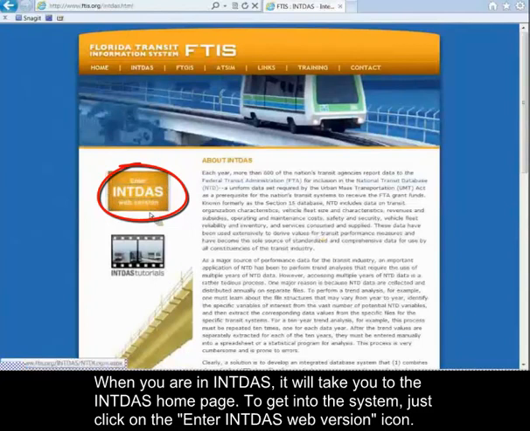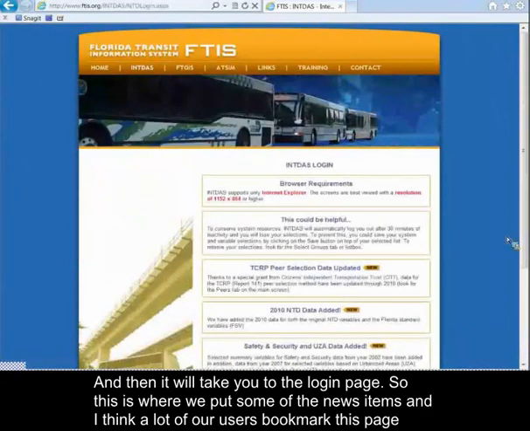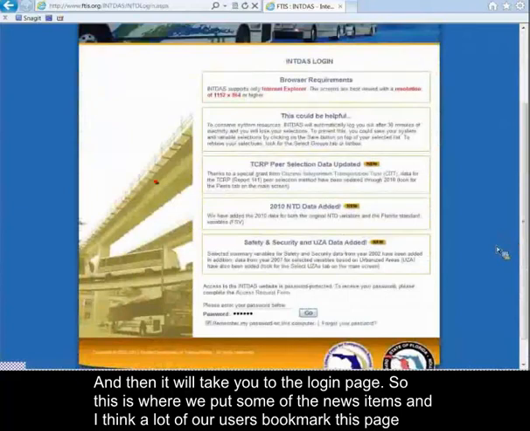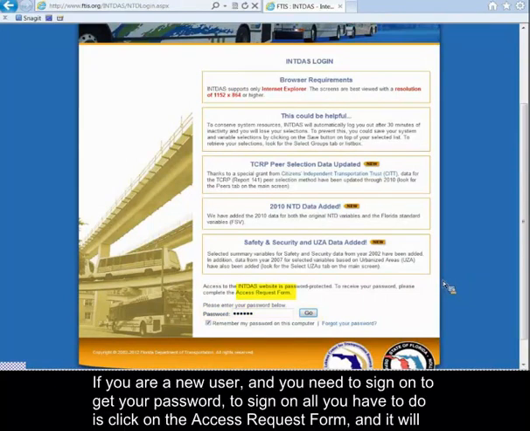To get into the system, just click on this Enter INDAS icon. And then it's going to take you to the login page. And so this is where we put some of the news items. And I think a lot of our users probably bookmark this page so they can quickly get into the system. So if you are existing users, you can just type in your password and you'll be set to go. If you are new users and you need to sign on to get your password,